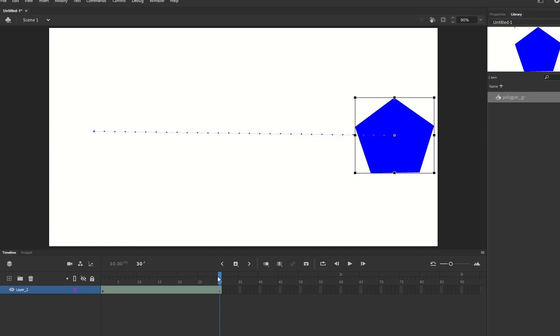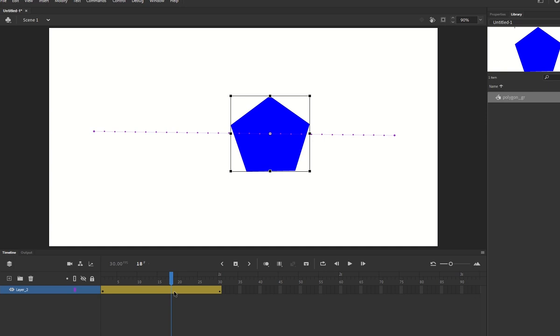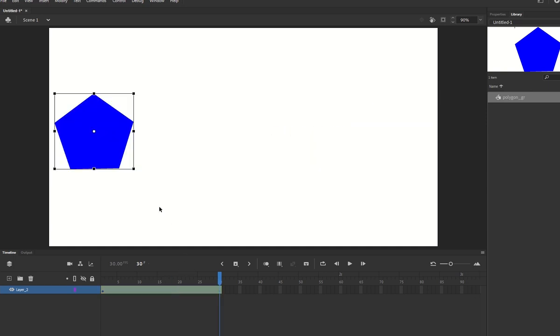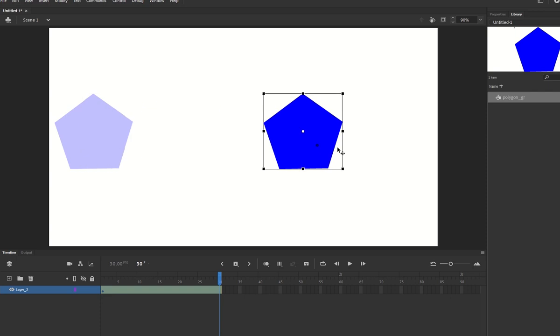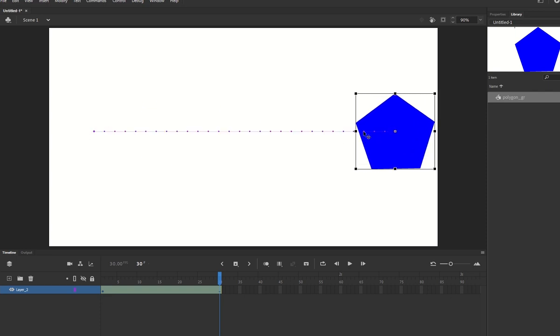Okay, this is the object, and this is the movement. You can hold shift to make sure that your movement is on a straight line, like this. You see, you can move and hold shift. It's going to be straight. You're not going to move vertically up and down. So now the first difference that you can see, obviously, in motion tween that you didn't see